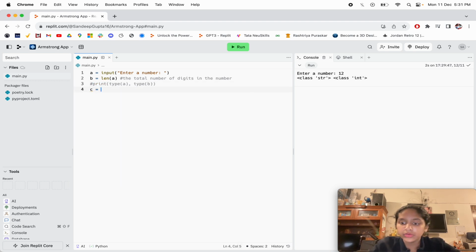Now what we're going to do is C, which is equal to an empty list. Now why are we making this empty list? We are making this empty list so that when we are doing all the numbers to the power of 3, we want to add those numbers, right? So we need to save those numbers somewhere. So we are making this empty list C, in which we're going to put all these numbers and then add them,